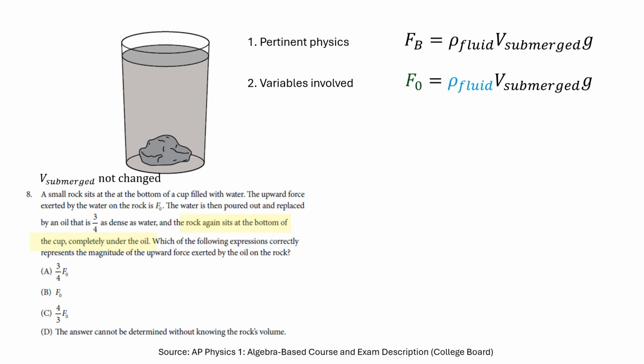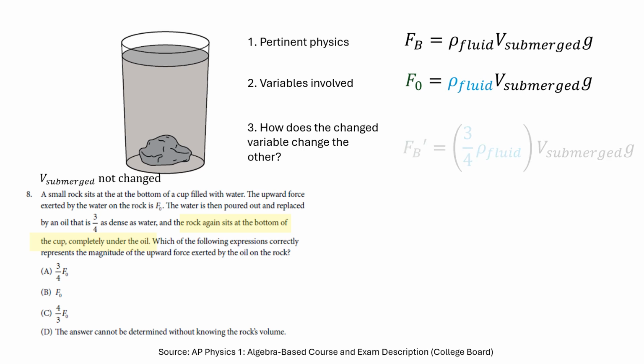That's the thing that's being changed. So the next question is, how does the changed variable affect the other variable? So if we were to replace the original buoyant force, the original density with 3/4 the original density, what would we have to do to the left side to make the equation still